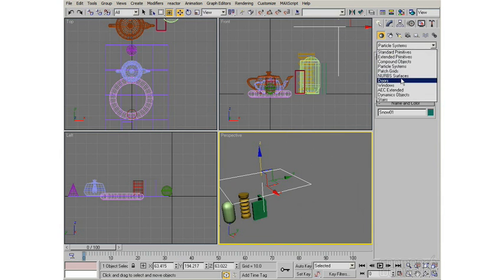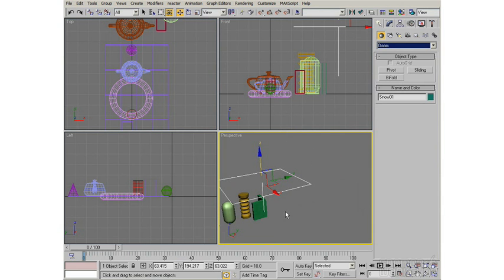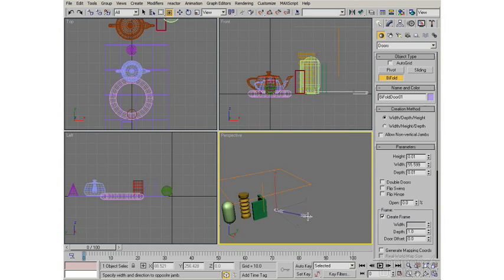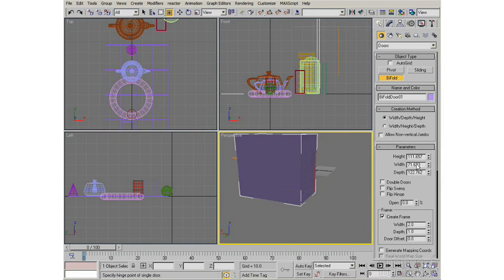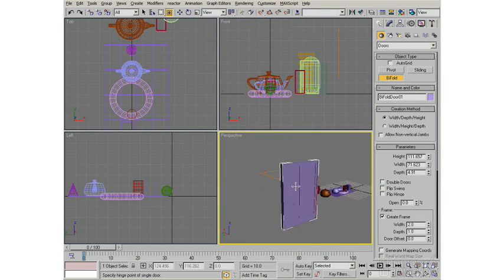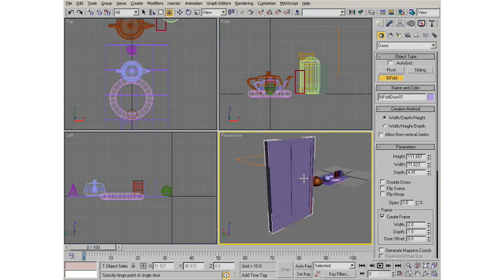You come down here and create. You can create even doors. So let's create a bifold door. So I'm going to click, drag, set the height of it, and actually that sets the... I always forget which way it's going. So then, if you forget, that's again the great part, you come down here and change the depth. I accidentally made it way too deep, so I come down here and change the depth, and now you have